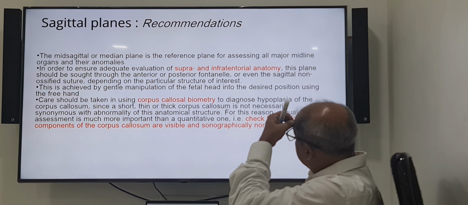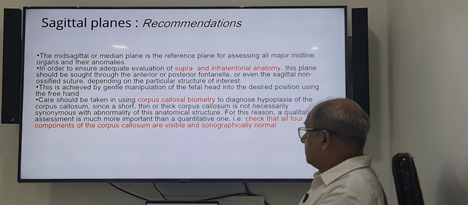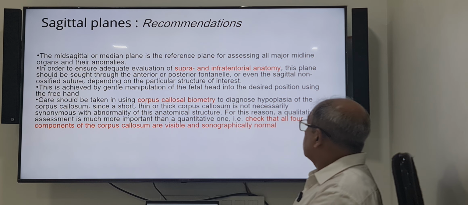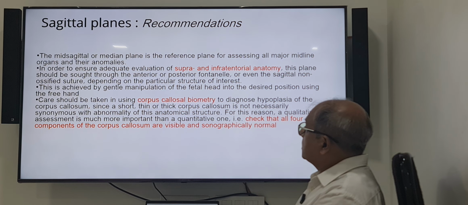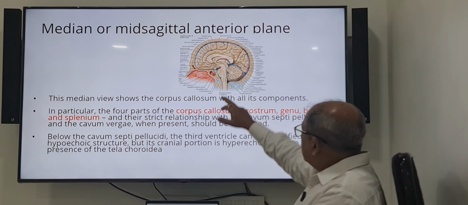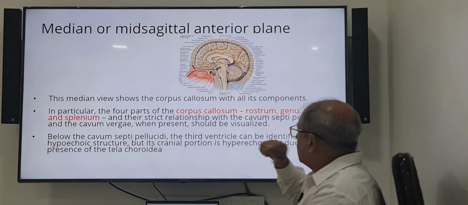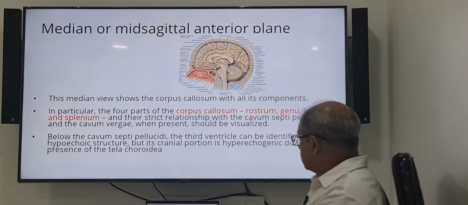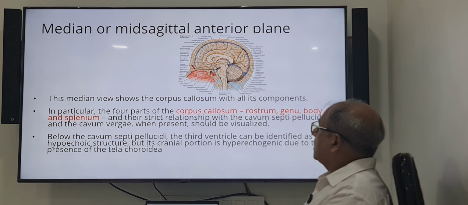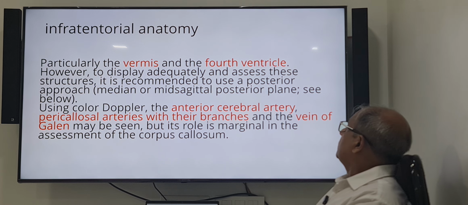So I already covered the supra and infratentorial anatomy, corpus callosum, biometry. The components of the corpus callosum are visible sonographically as normal. So these are the things which are in targeted sonography, and the median or midsagittal anterior plane. These are already covered. I have shown this, the midsagittal, what is available when we do this in our ultrasound. And infratentorial anatomy, that is below the